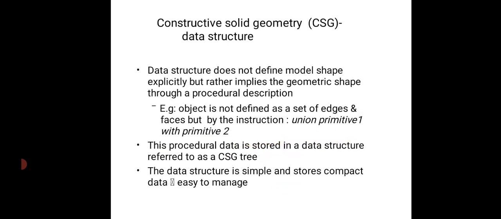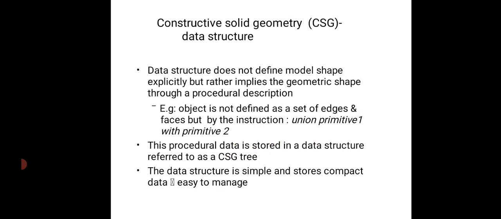The data structure does not define model shape explicitly but rather implies the geometrical shape through a procedural description. For example, an object is not defined as a set of edges and faces but by the instruction: union primitive 1 with primitive 2. Primitive is nothing but cylinder, cone, like that. This procedural data is stored in a data structure referred to as CSG tree.